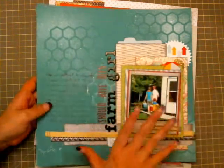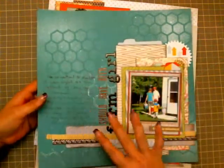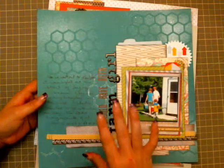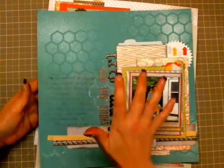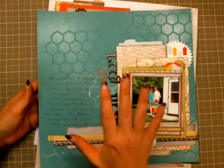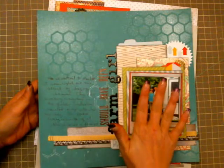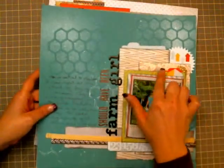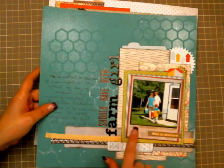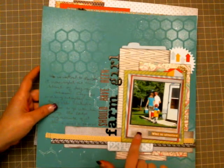I just found it was a little too overwhelming for everything that was going on. It was just a little too plain. The color was a little too bright, so that's why I did the masking, just to soften everything down, just to let everything flow into it. So I used a lot of the papers as layers, and see, here is that Polaroid that I cut up,